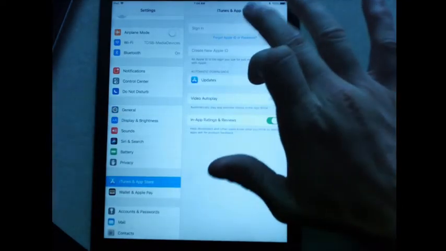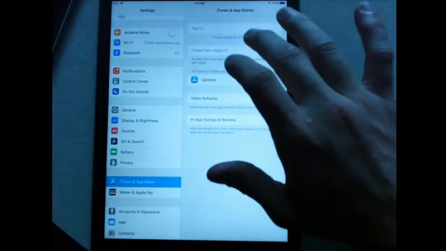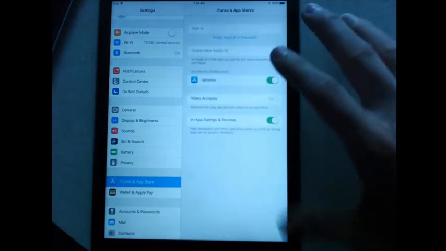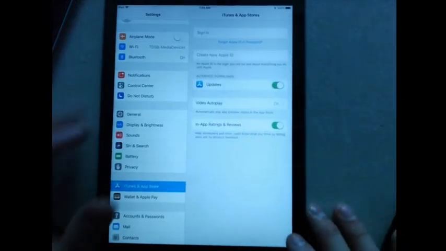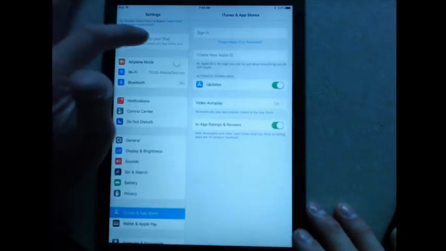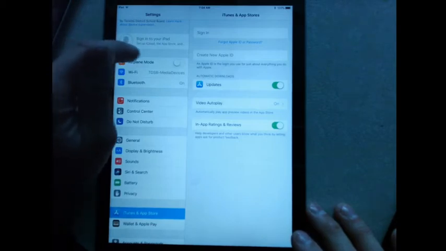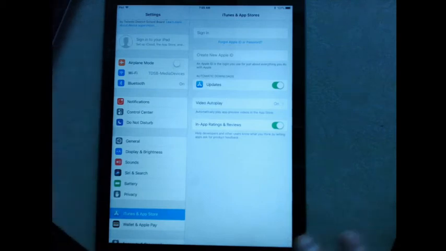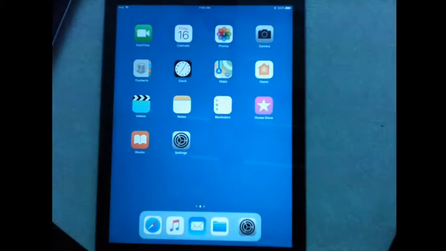I can't sign in with an Apple ID, which is good because, as you saw earlier, when you sign in with the Apple ID, you basically bind that iPad to that Apple ID. Same thing with the iCloud up here at the top. I can't tap that; it's completely grayed out, which would bind it to that Apple ID, which we don't want. So right now, this iPad is pretty locked down.